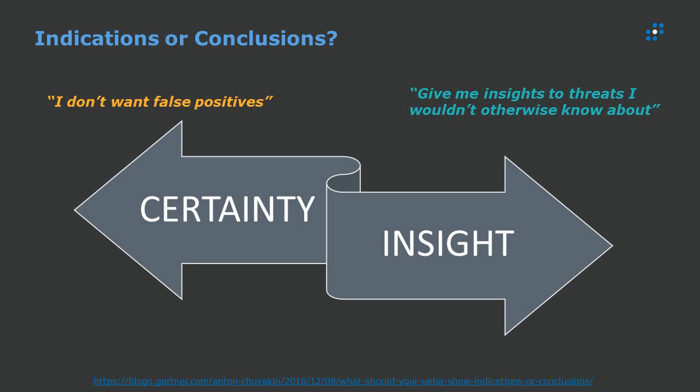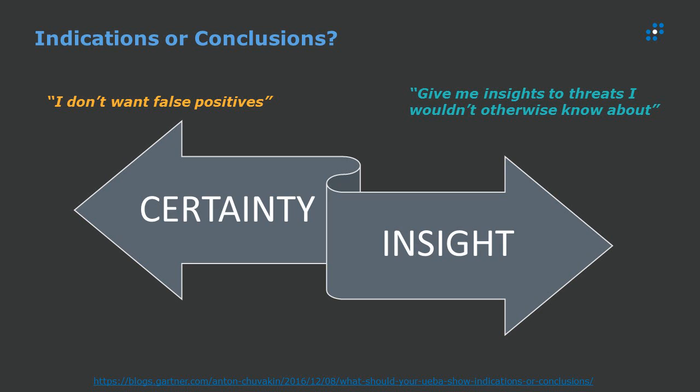This is anomalous. We need human eyes on it to say, hey, you know what, this is anomalous, but actually it's because the user's changed job roles, or there's been a change in the business in some way, or indeed, yes, it's anomalous and corroborated with the other information that we know in our environment. We're going to open an investigation and find out what's going on here.